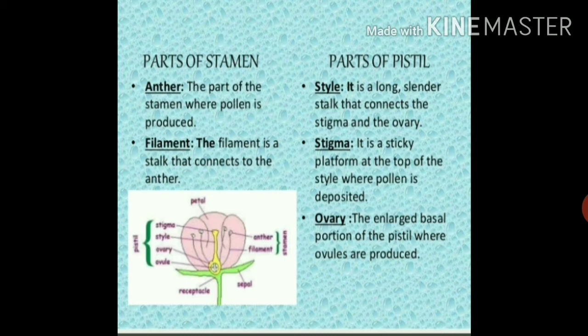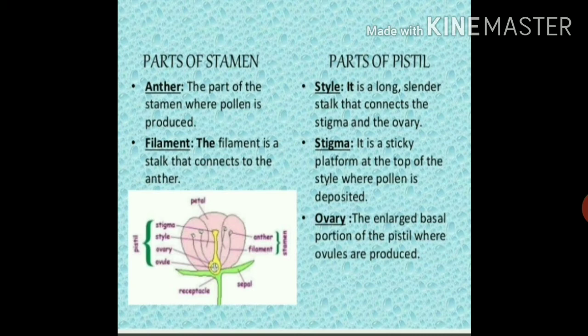So students, I hope it is clear to you that stamens are the male reproductive part of a flower. Each stamen has two parts, a filament and anther. The anther produces a powdery substance called pollen. A filament is a thin stalk and anther is a knob-like structure of a male reproductive organ. A stigma is the top portion of the female reproductive organ, and style is a stalk that connects ovary and stigma. So I hope this is also clear to you.